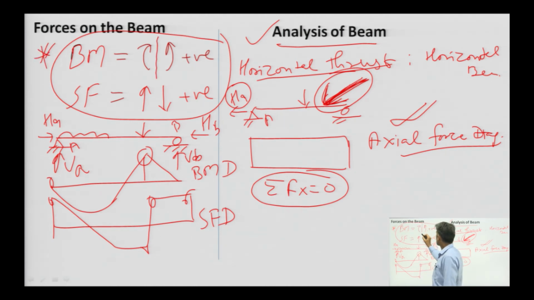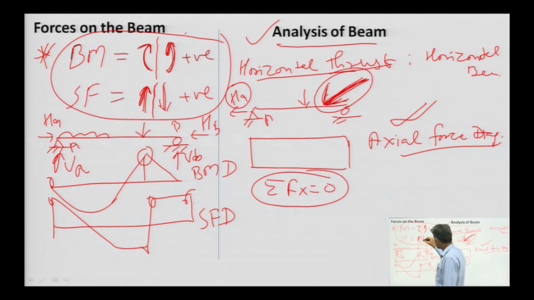If I am taking this as a section, for the left hand part, this type of moment, meaning clockwise moment, will be taken as positive, and for the right hand side of the section, anti-clockwise moment will be taken as positive, for taking sagging as positive. And for shear force, for the left hand part, if it is going upward, then take it as positive, and for the right hand side, take downward force as positive.